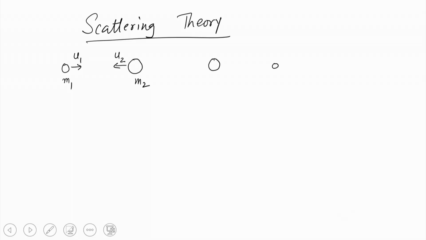Before collision the velocities are known as the initial velocities, and after collision they are known as the final velocities. Our aim is to calculate the final velocities and their angle with respect to the incident directions, and so on. And this problem is